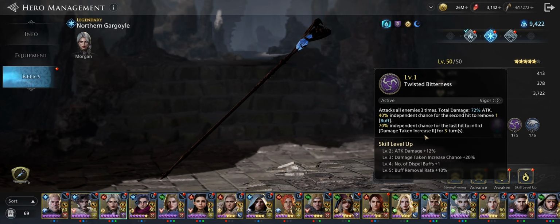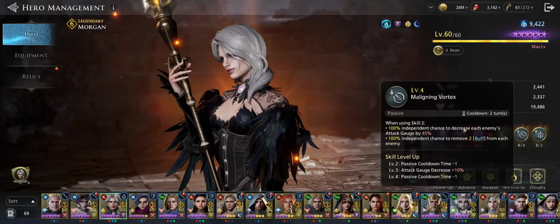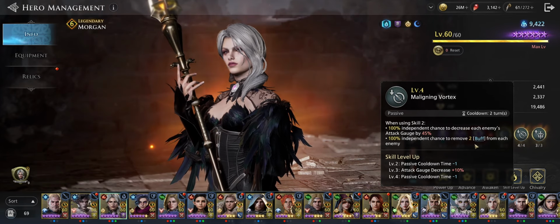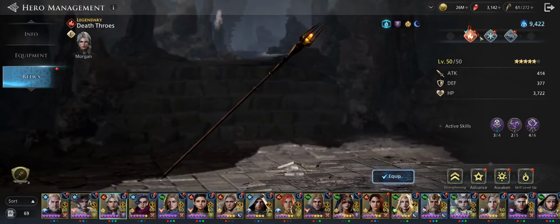So on this one skill, if it's fully booked out, you have a 50% chance to remove 2 buffs and a 90% chance to inflict damage taken increase 2 for 3 turns, on top of pairing it with that skill 2, passive 2, while also removing 2 additional buffs from each enemy and reducing the attack gauge. So the thing that I like about the Frost Relic is it adds so much more potential than what